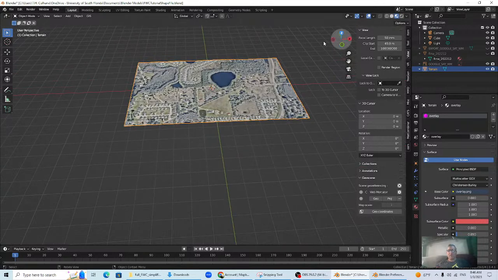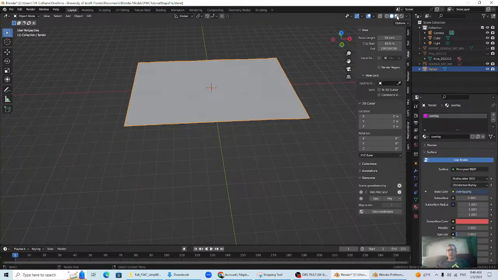Then we have the terrain on top of it. Note that if it shows up for you as just gray,